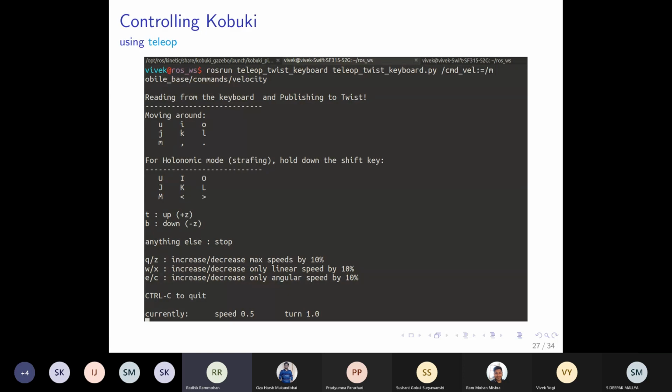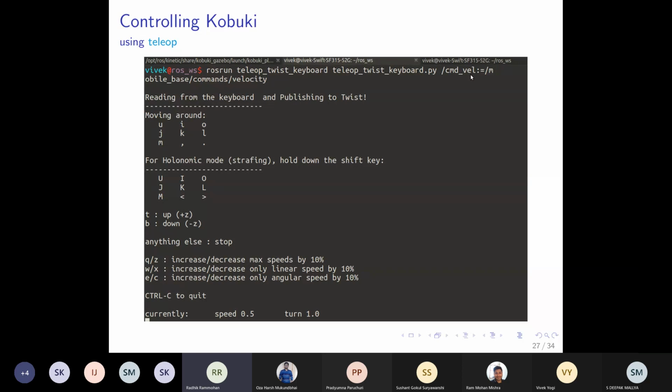Suppose teleop_twist_keyboard, and teleop_twist_keyboard.py is the teleoperation code, and then that cmd_velocity, what is that, and how is it different from the other thing?